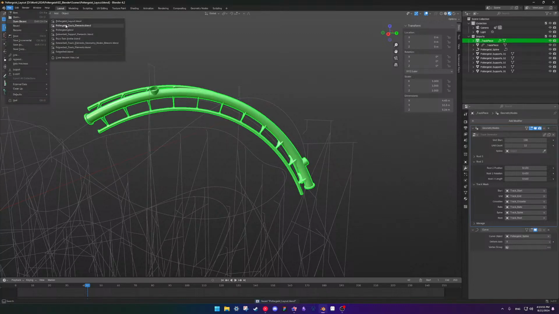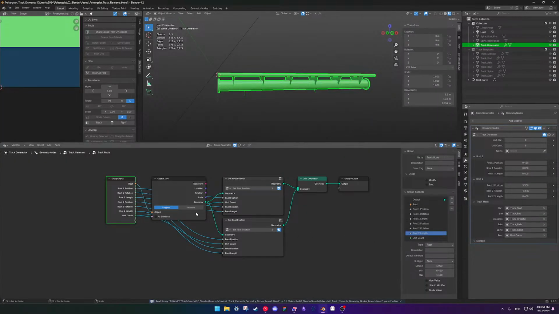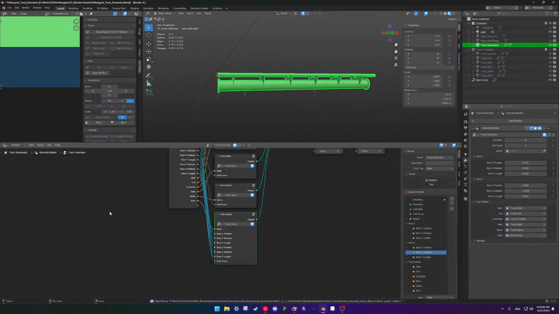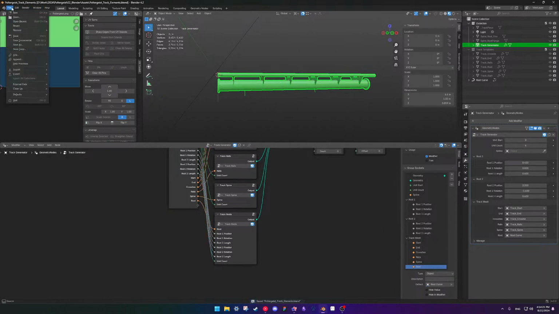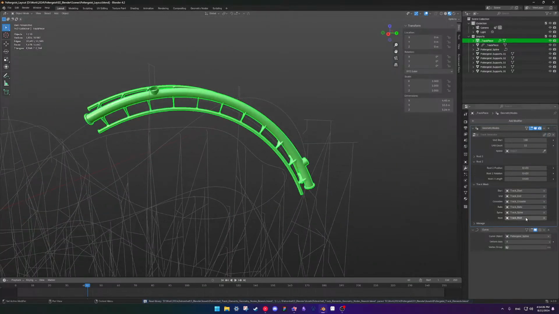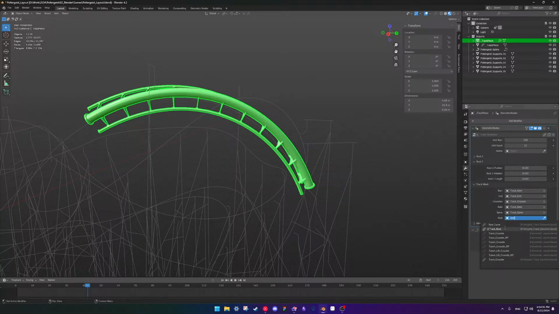Oof. Let me go back. I always do this. I need for the default, hold on. Here, the default root to be root curve. No. Root curve. I can change the name of that later. Track root curve.